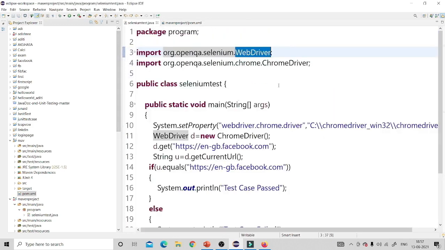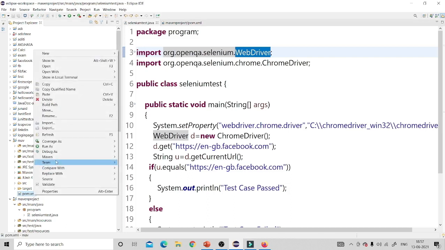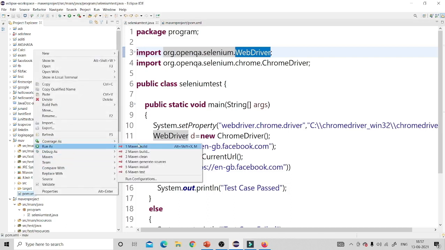So the job of the Maven build tool is to build the project before running. So how to build the project using Maven? Go to the pom.xml file, right click and do Run As. You'll see over here many options. These options which are shown are the build tool life cycle. So first I'll clean the Maven project. That means first we'll clean the previous projects which were built or were run inside Eclipse. So I'll choose Maven clean.